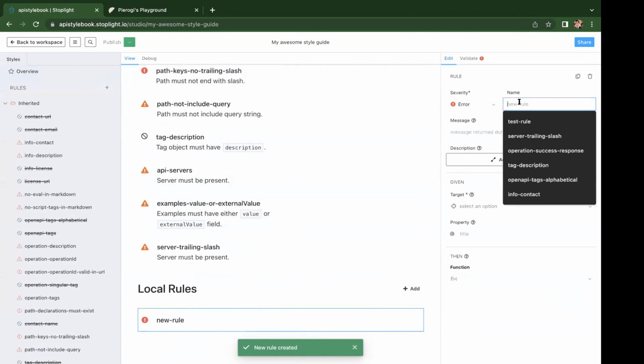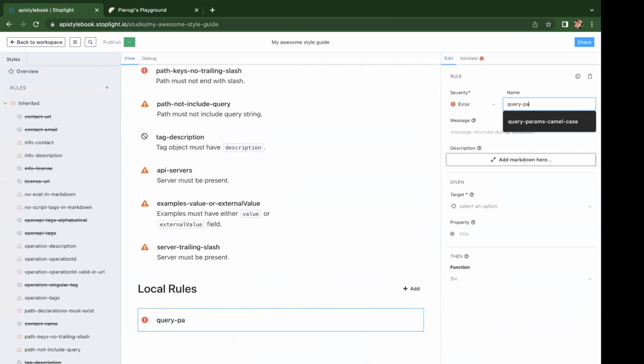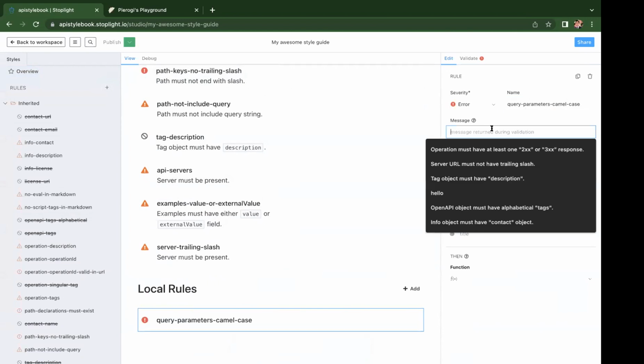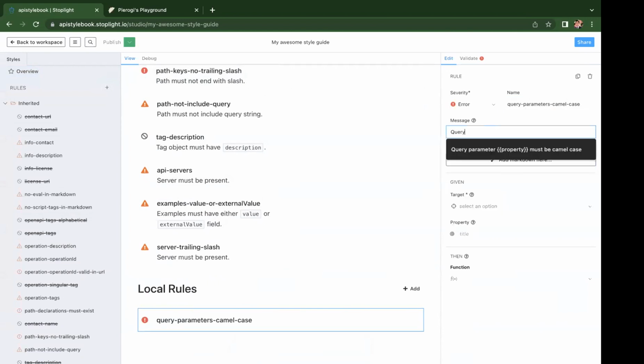They're pretty easy, but let's say we want to enforce casing onto our parameters. So I'd say my query parameters always need to be camel case. For that, I'll give it a name. So let's say query parameter must be camel case.